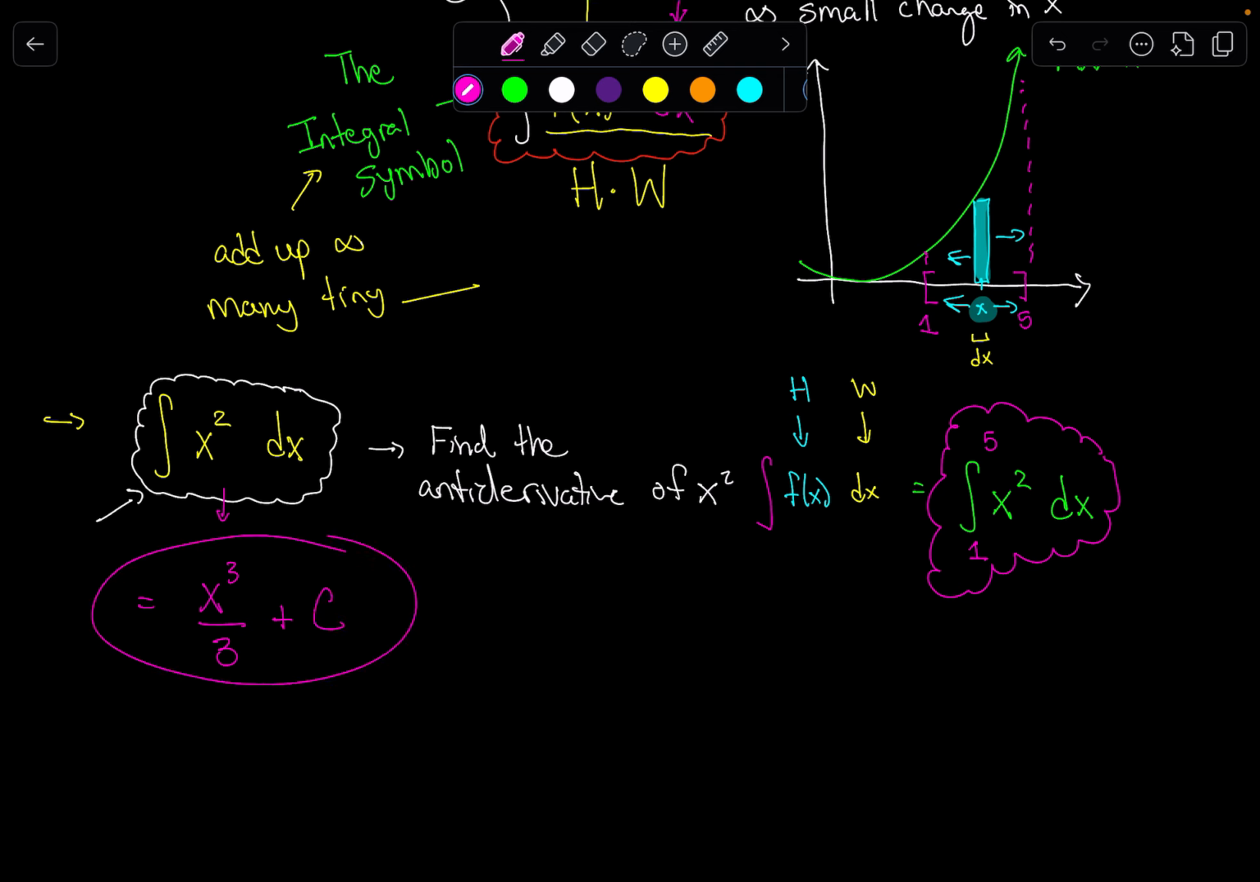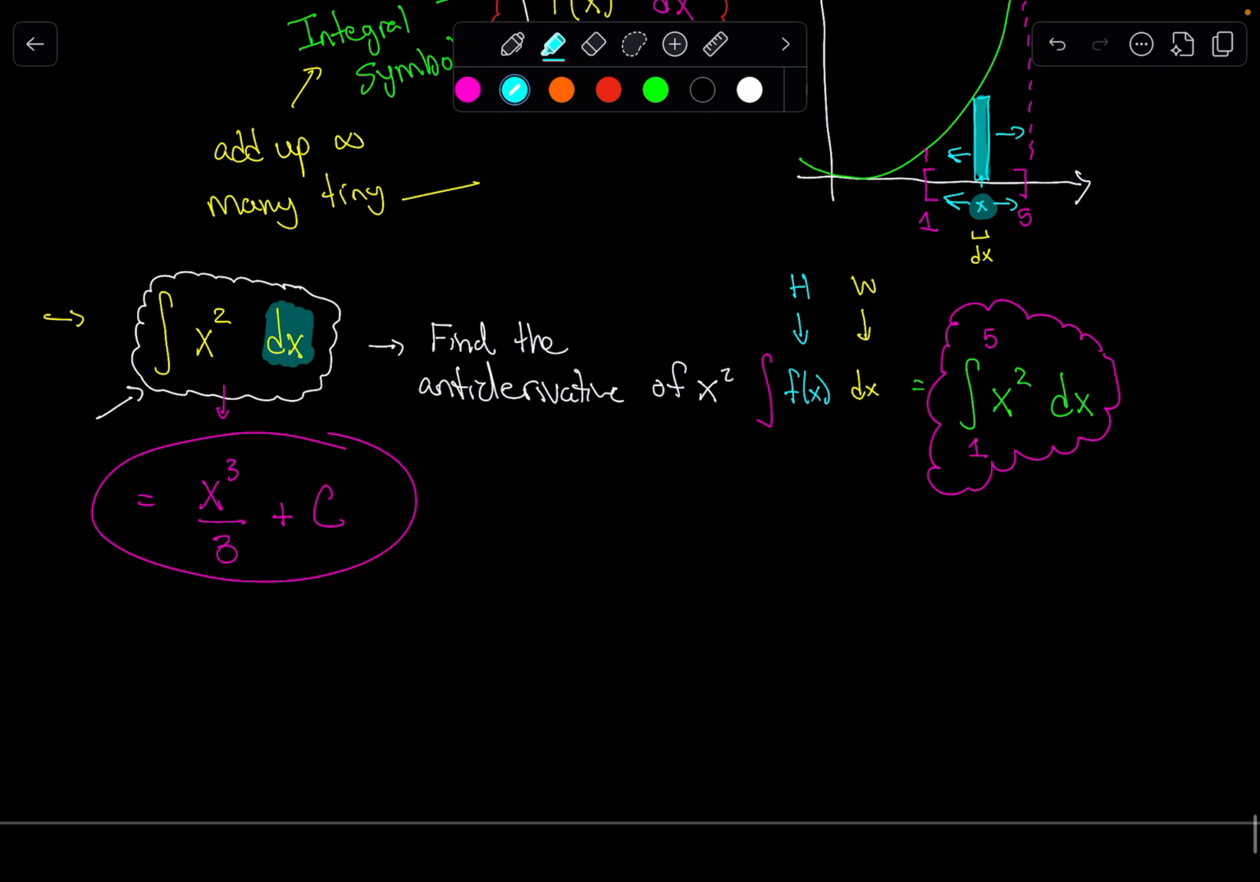This one, that's what we would get. And at this point, people tend to ask, well, what do we do about this dx? What does it mean? Do we have to have it there? For now, you can kind of think of the dx as basically telling us what variable we are integrating